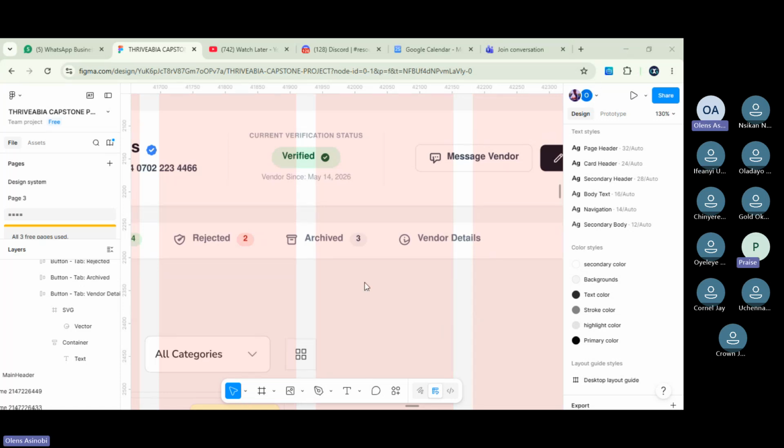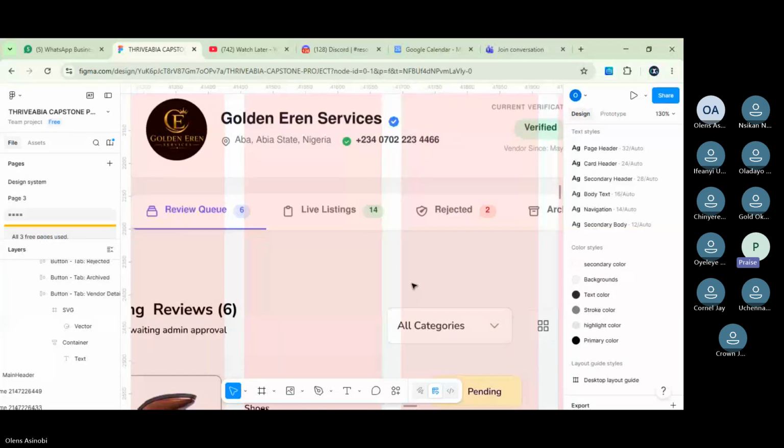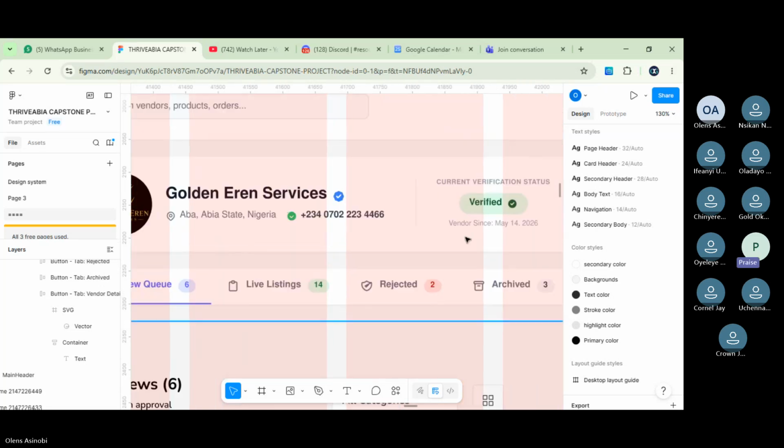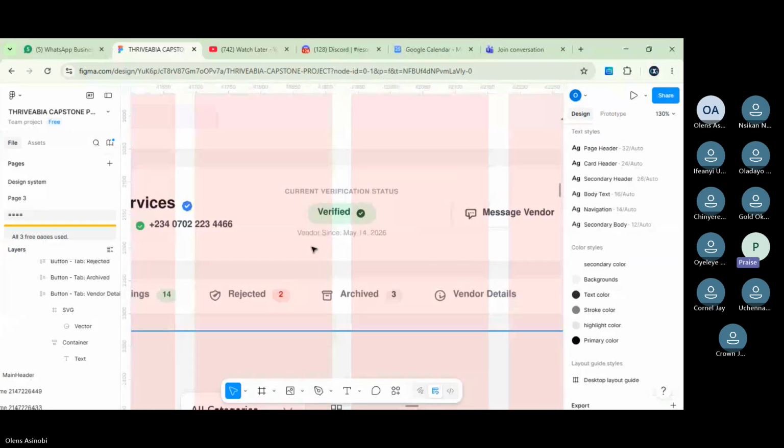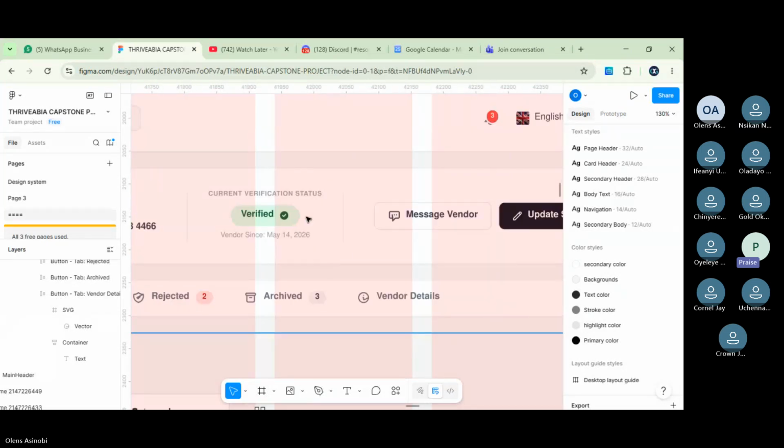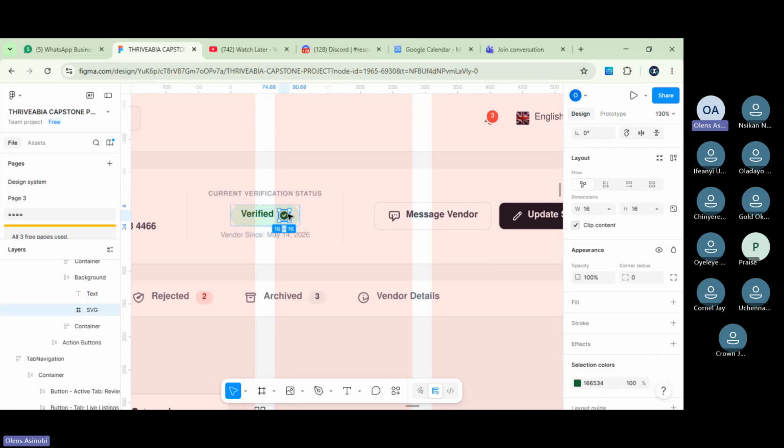Okay, but she says your response is slow. Honestly, I did this evening the whole parts, the verified, I did the golden errand services. I did all of that this evening because of network. I didn't have network, and I just charged my laptop, so I did all of that. But I'm sure I'm done with what was given to me to do. Okay. Yes, sir.